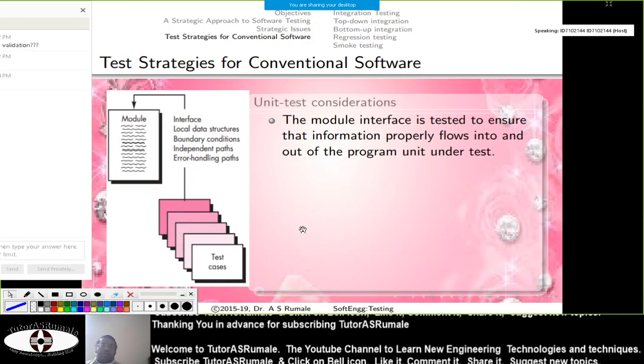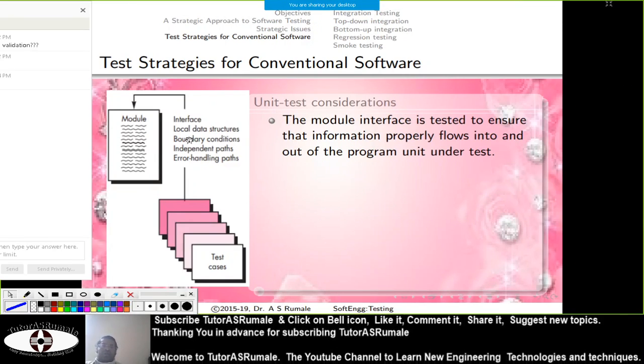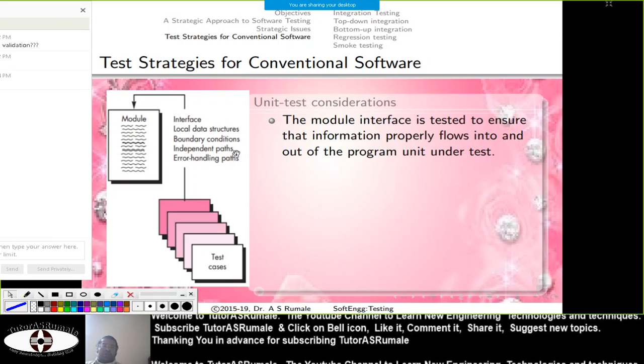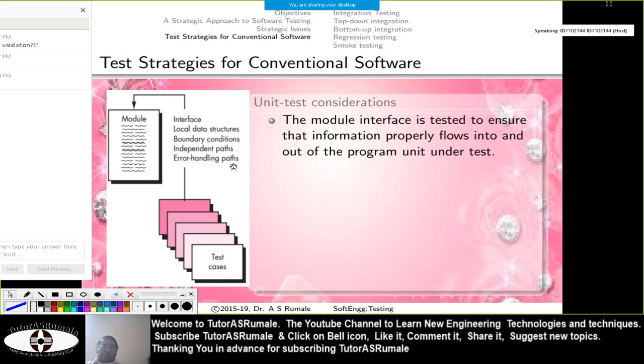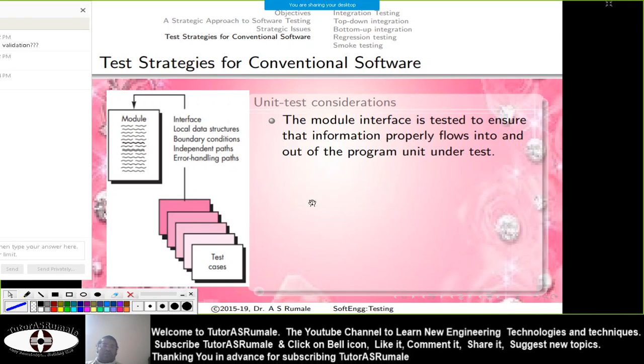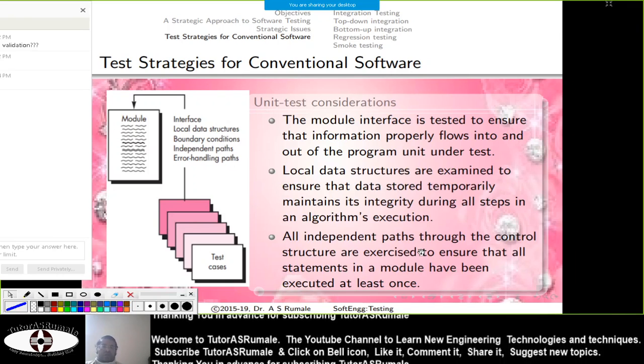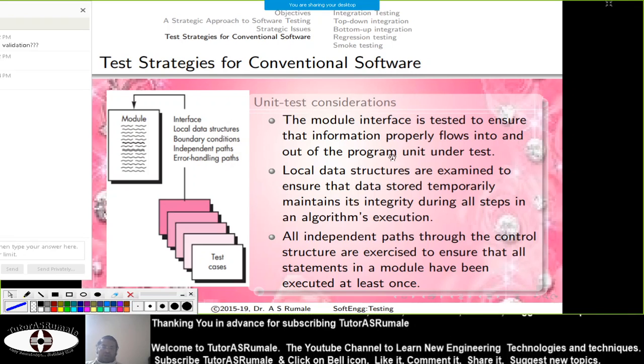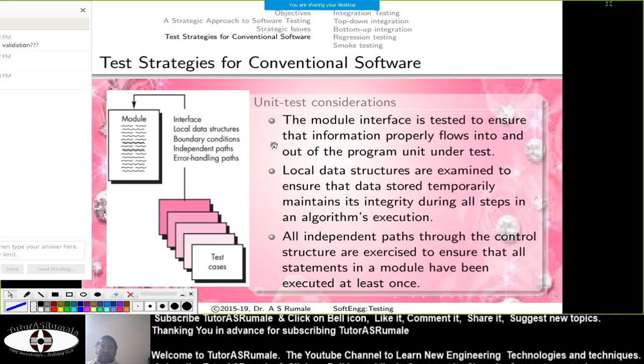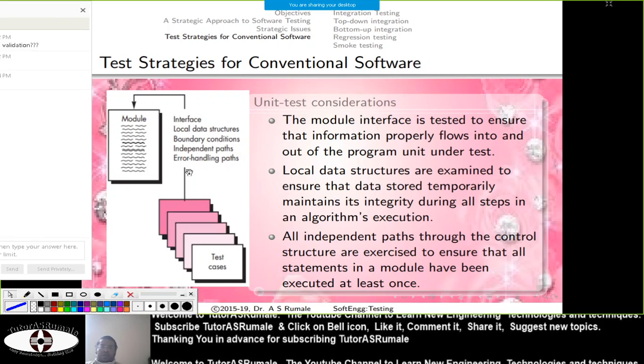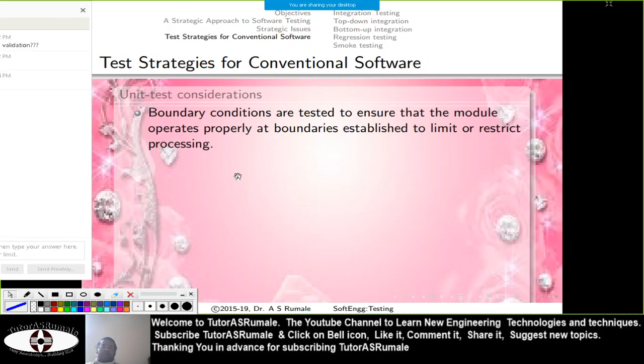So unit testing considerations are there: the interface, local data structure, boundary condition, independent paths, error handling paths. So these are the unit test considerations. Okay, I'm not reading this explanation on the right hand side, but these are my unit test considerations.